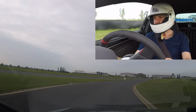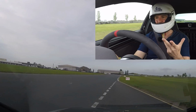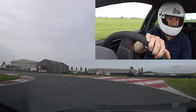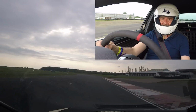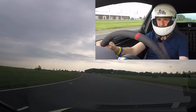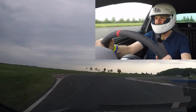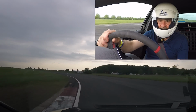Okay, nothing come in. So we've got to take it nice and easy, get some heat into the tyres. If you watch touring car racing, you'll see that they swap tyres around front to back after the formation lap because they just can't get any heat into them. Well, I haven't got the luxury of doing that today, so I've just got to go gingerly at least for a lap. Otherwise, I might have an early end to the evening, but even on cold tyres,